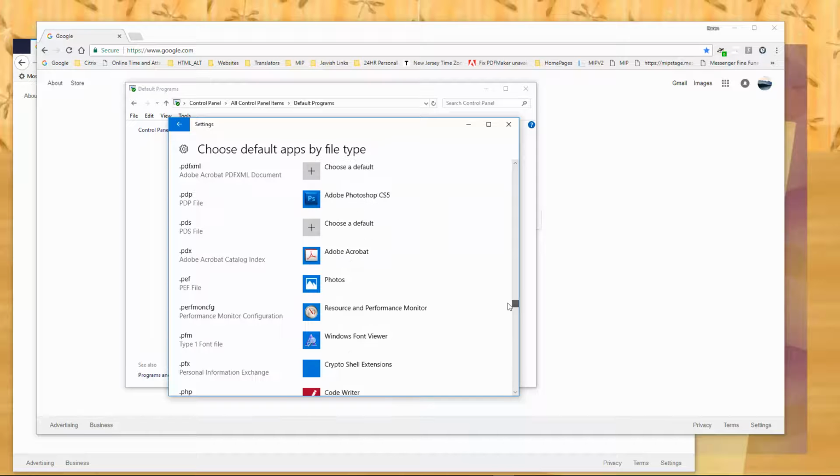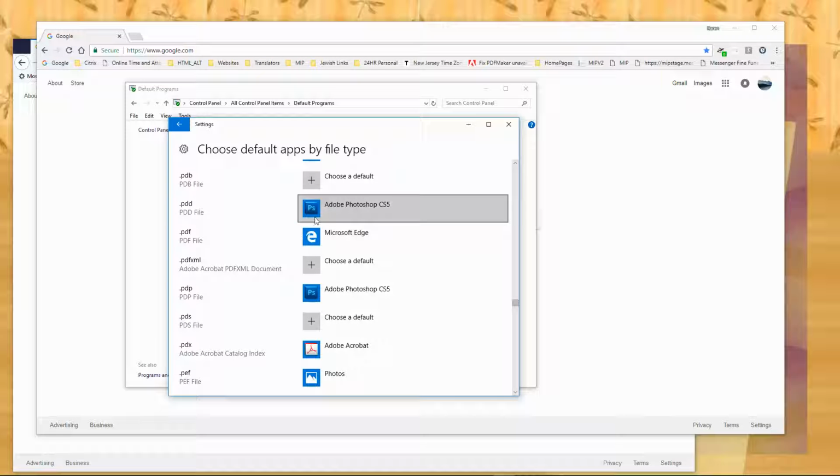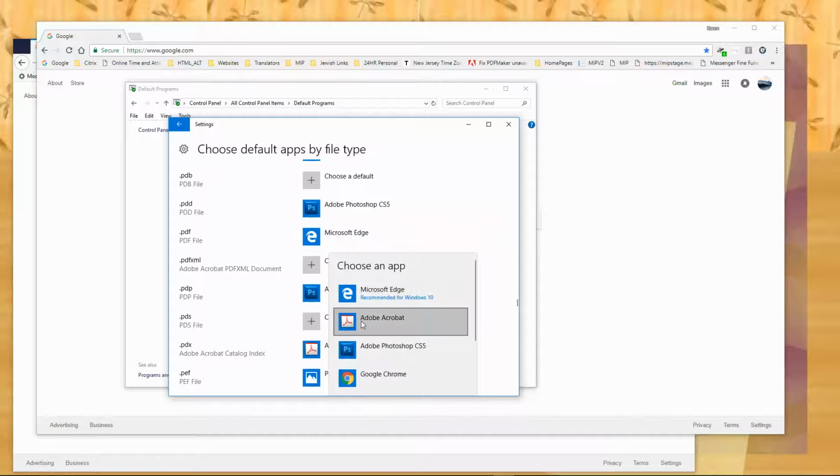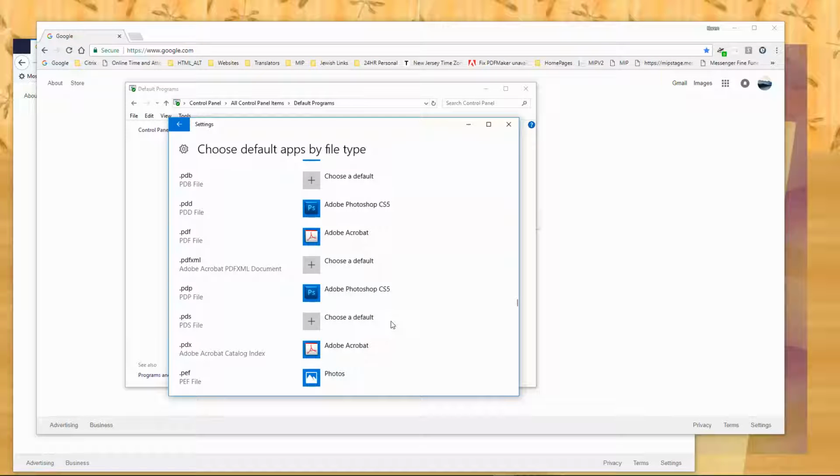Whoops, did I go too far? There it is, .pdf. So .pdf, and see it's got it to open in Microsoft Edge, and I don't want it to do that. I want it to open in Adobe Acrobat. So I'm going to click there, and it's going to set that to Adobe Acrobat, and that's all I have